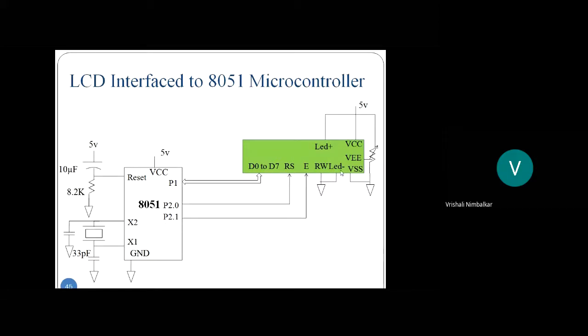Power on LED, LED plus, LED minus, and the contrast control. Hope the interfacing is understood. And the microcontroller should function properly. So power on the microcontroller: 40 pin VCC, 20 pin ground, crystal oscillator, see here, 12 megahertz. Connect the ceramic bypass capacitors, 33 picofarad. And that is a power on reset. I have not shown the manual reset. So these are the minimum connections for the microcontroller to function correctly, and these are the connections for that LCD. Is that okay? And now we will start writing the program.